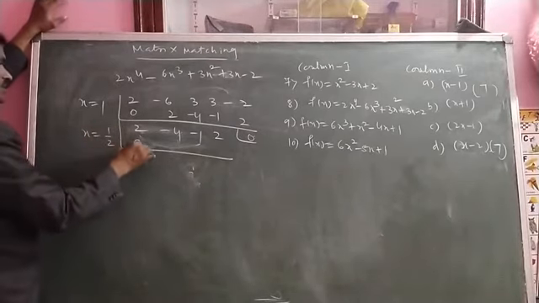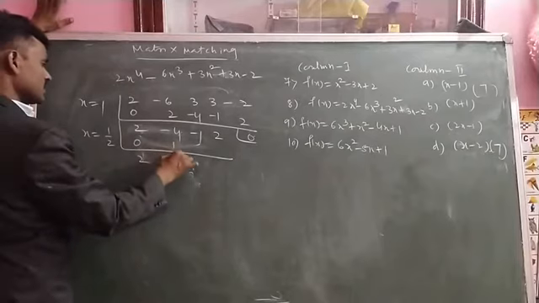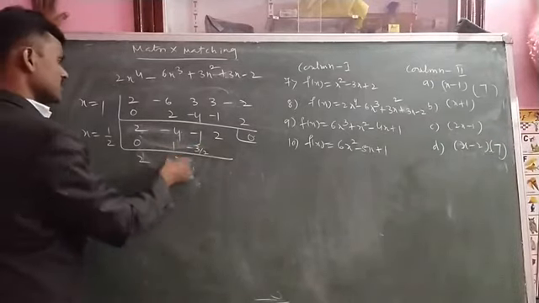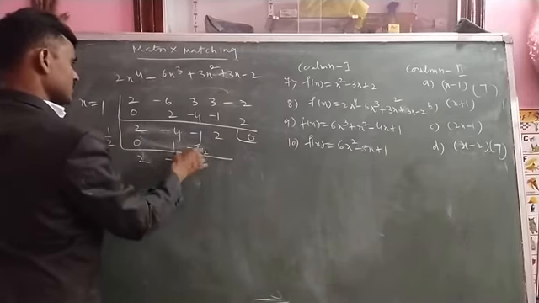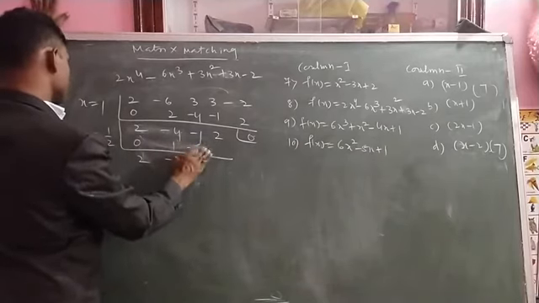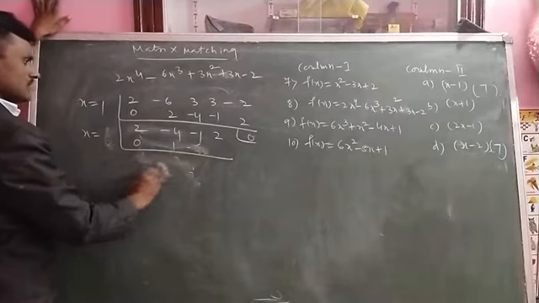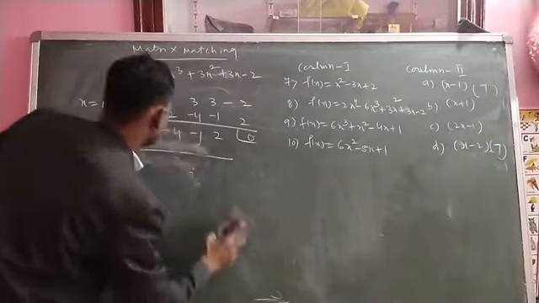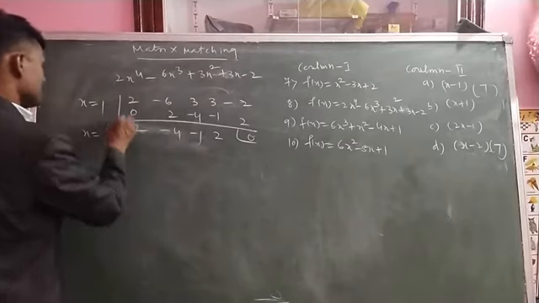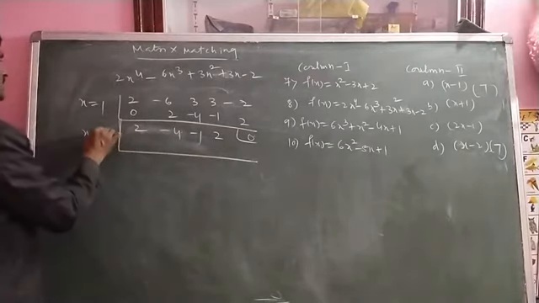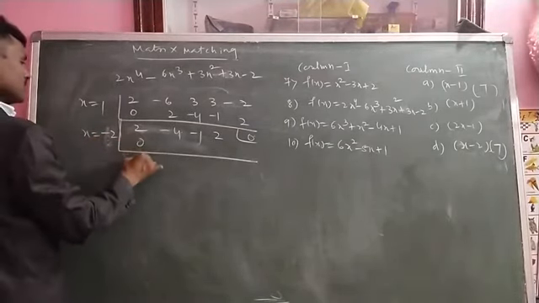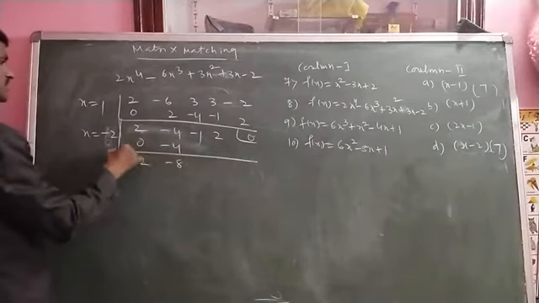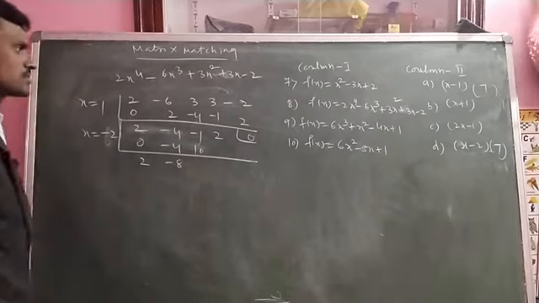1 by 2 means here 0. 2. Here 1 minus 3. Minus 3 by 2. 3 by 2 means here 3. 2 ones are 2. Minus 5 by 2. This is also not possible. Then minus 2 you can write here. Minus 2. 0. Here 2. 2 into 2, minus 4. Minus 4 means minus 8. 8 into 2, 16. This is also not possible.